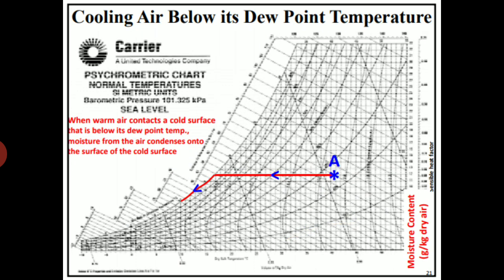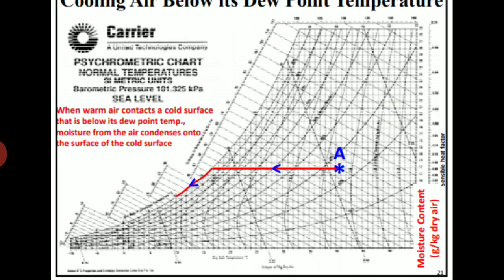Same thing. So cooling air below its dew point temperature, what happens? From A, move towards the saturation curve. Beyond that, what happens? Beyond that, the vapor in the air begins to condense, which means the temperature will again become less. Suppose, for example, from A it has passed, then you can obtain the second point as the dew point temperature. So again what happens? At the dew point temperature, the vapor begins to condense, so again the temperature reduces. This is what is called the dew point temperature.